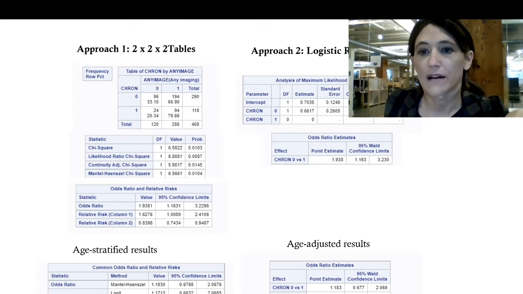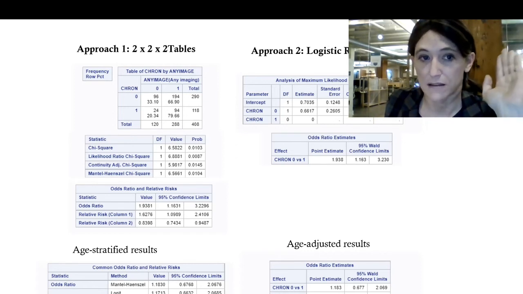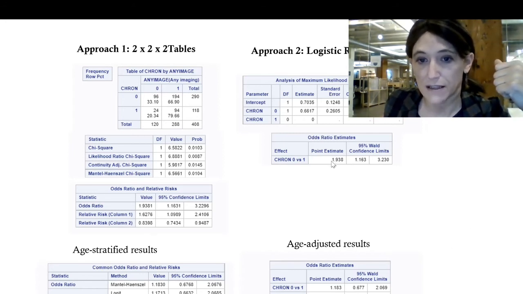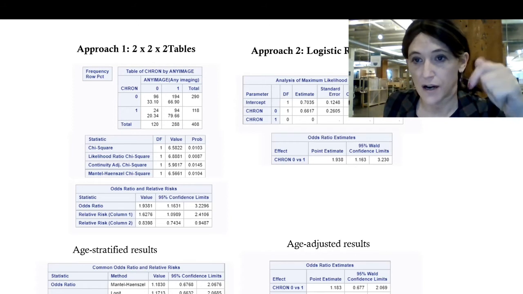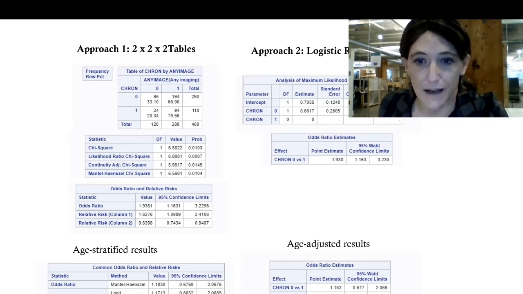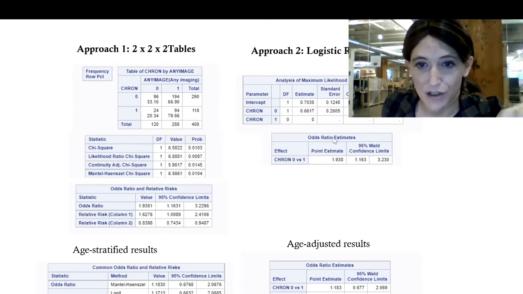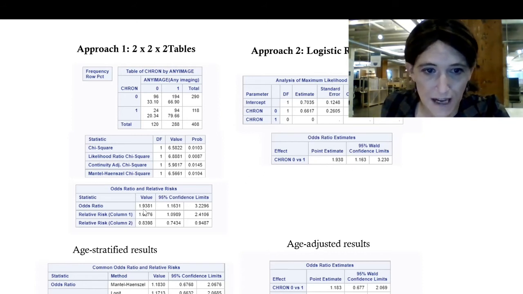Okay, over here I'm doing a logistic regression model. So I've set up my outcome as yes, no, any imaging. I've thrown in the variable first, just chronic disease, to get my crude estimate of the odds ratio. By crude, it just means using a simple logistic regression, chronic disease against outcome. And lo and behold, here's my point estimate, beta 0.6617. Don't forget, the betas are hard to interpret. The odds ratio estimate, which it automatically generated for me, thank you, SAS, 1.938, the exact same value as we